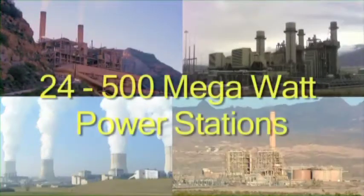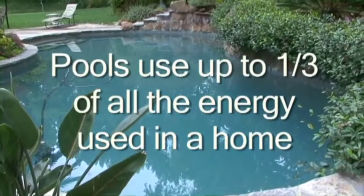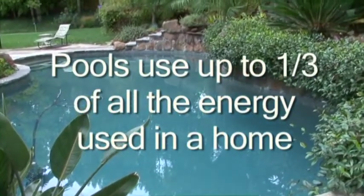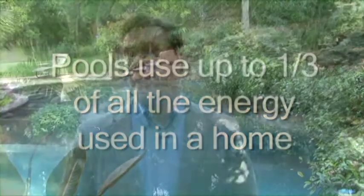Did you know there are over 5 million residential pools in the United States? And the energy that those pools use is the equivalent of up to 24 500 megawatt power plants. In fact, if you have a pool, it can account for about a third of all the energy that we use in our home. In fact, some of the new technology that we have today can reduce that by as much